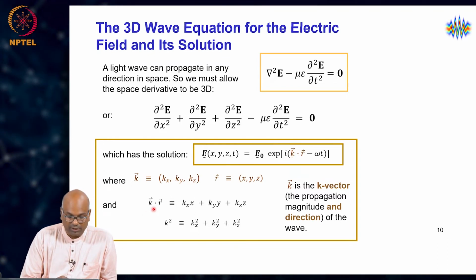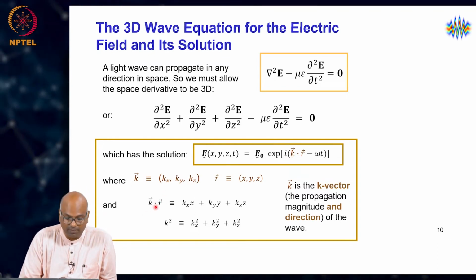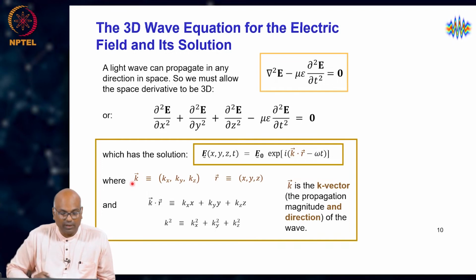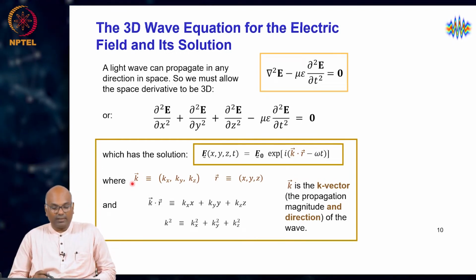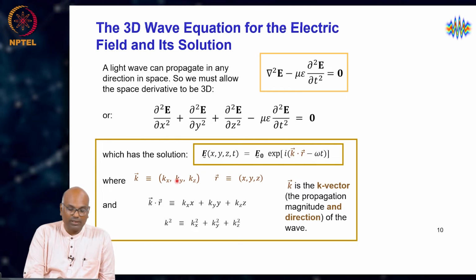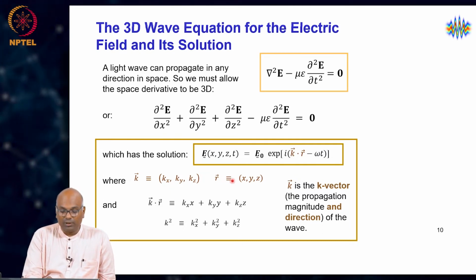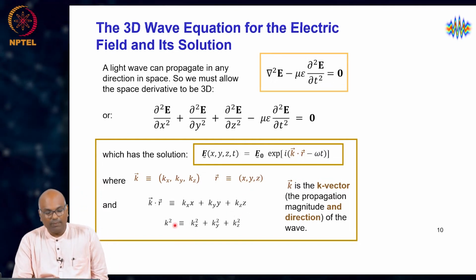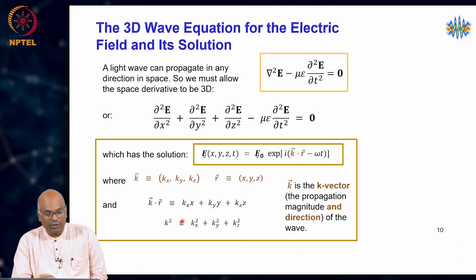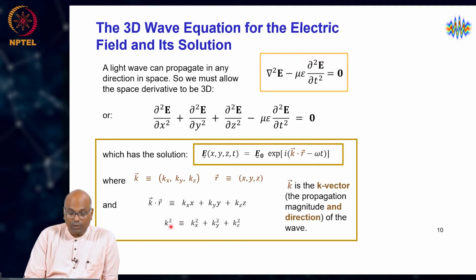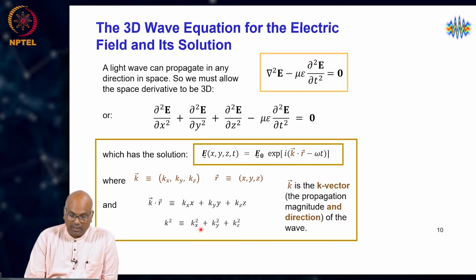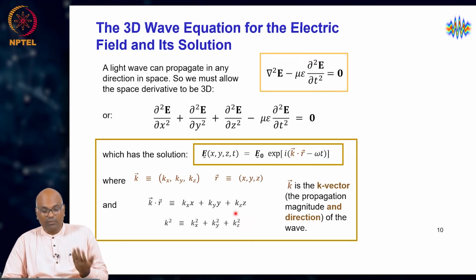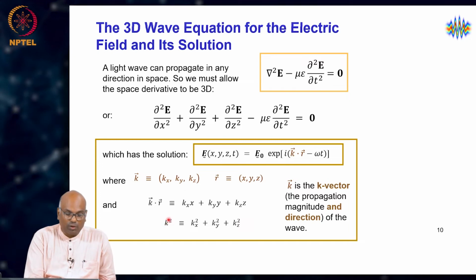k dot r is essentially, in terms of this Cartesian system, kx x plus ky y plus kz z, where the vector k, which is the propagation vector, has Cartesian components kx, ky and kz, and r is the position vector, and by definition this is x, y and z, this triplet. Okay. So, likewise k squared, if we wish to take the square of the magnitude of the k vector, is essentially kx square plus ky square plus kz square. Again, recall in the previous lecture we figured out that the magnitude of the k vector,